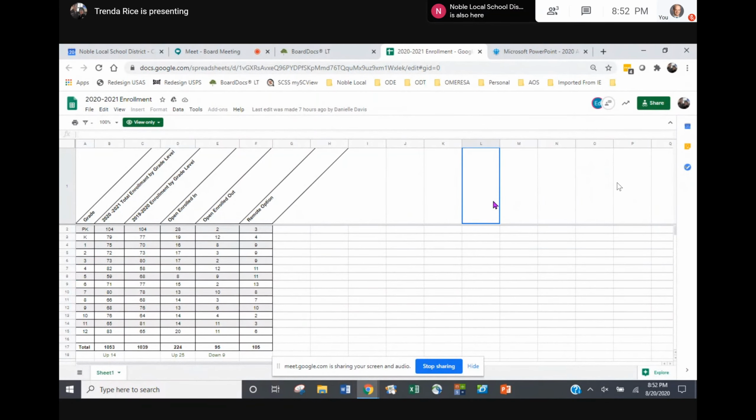If you look at column 1, 1,053 is our total enrollment, including preschool. That's up 14 students to date. There is another stack at each office to process, so we're still adding kids. But if you take the up 14, then the increase in 25, well, I can't, because the enrollment on the left includes that up 25. So if you just take the 25 and 9, that's a turnaround, basically 34 newly enrolled kids, 9 kids that returned and 25 new compared to last year. So 34 kids, roughly